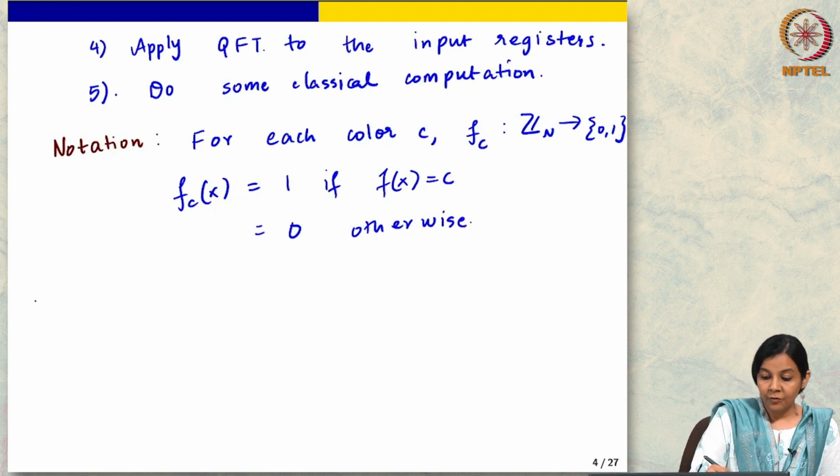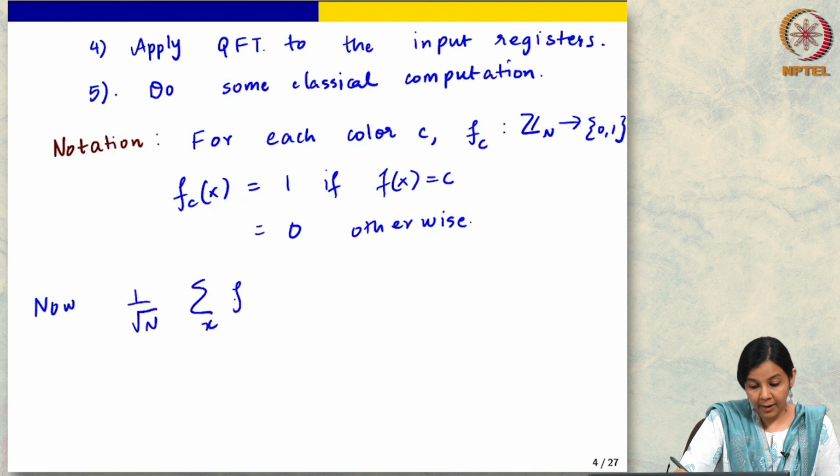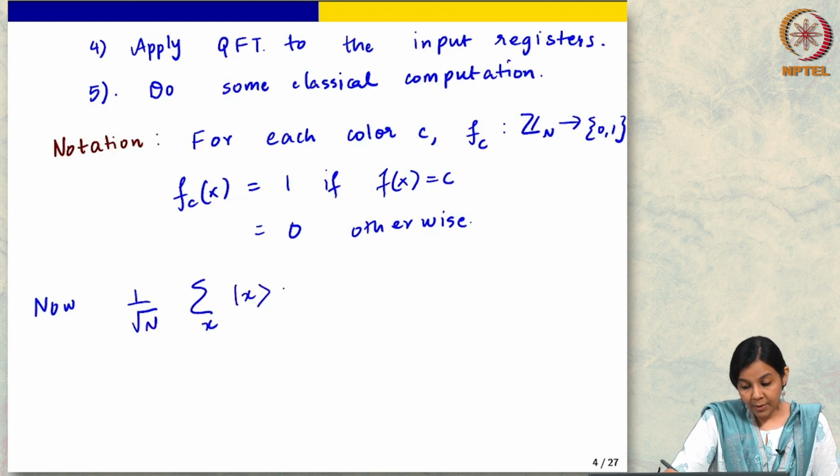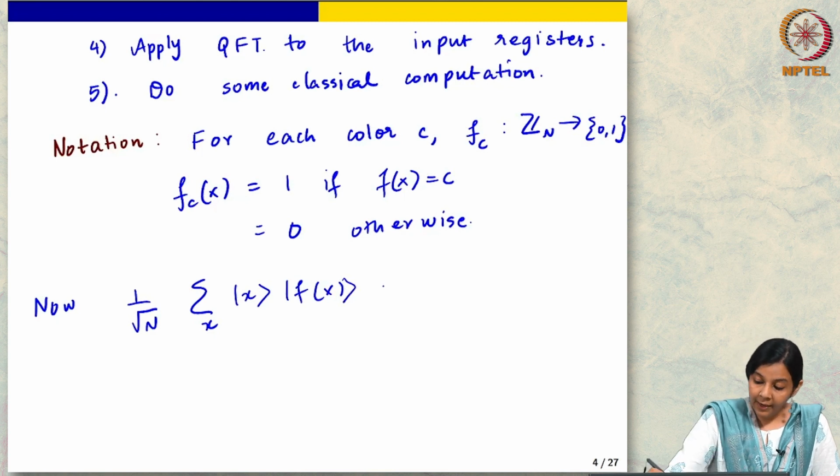Okay. So, now we had this 1 over root n summation over x of |x, f(x)>, which we got by applying the function oracle. We rewrite it as